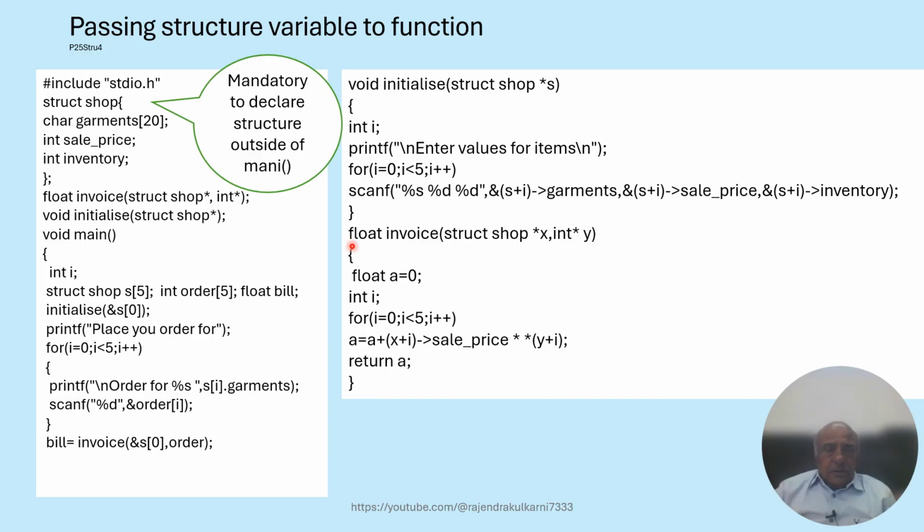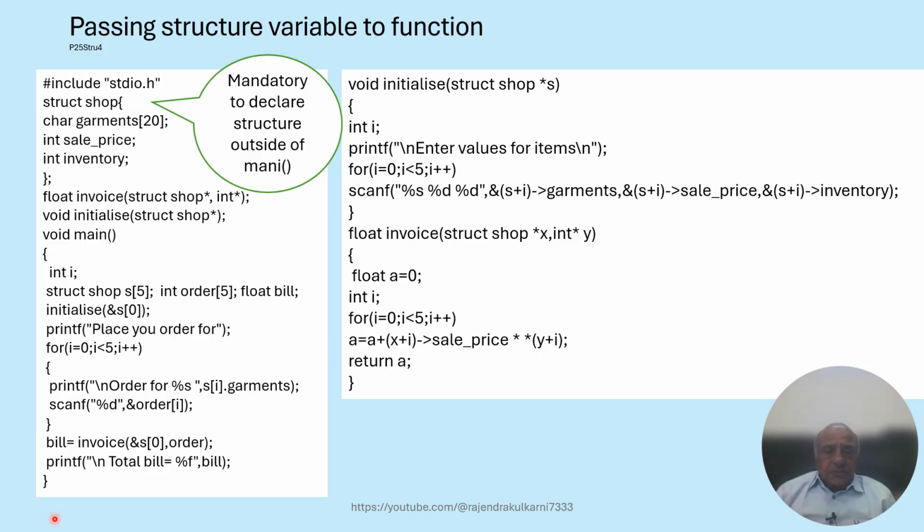Then on termination of the for loop of the function invoice, the total value of ordered items will be returned and collected by this variable bill,